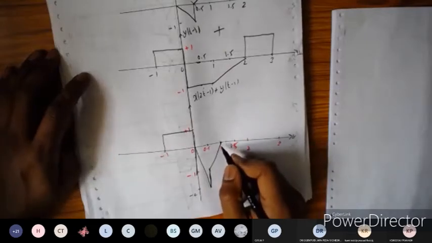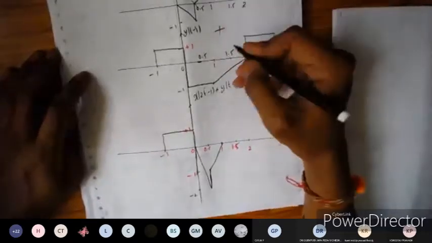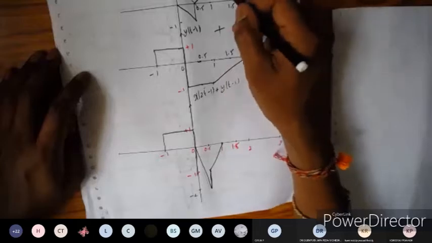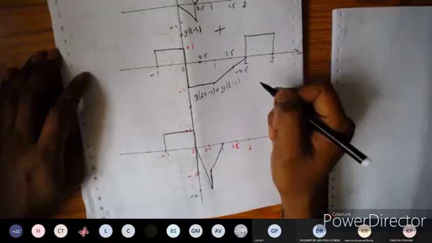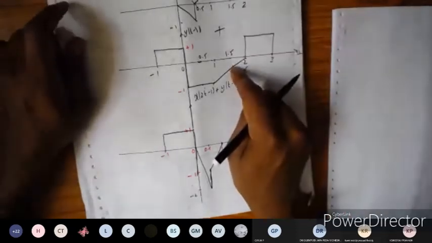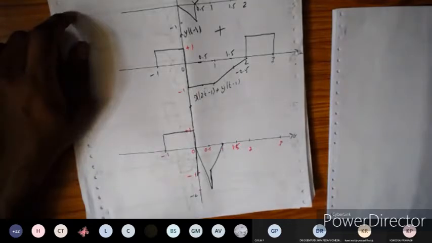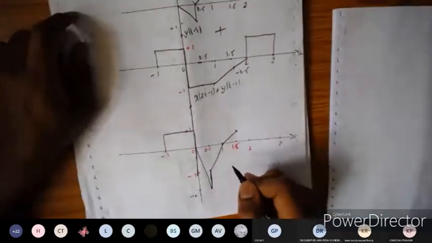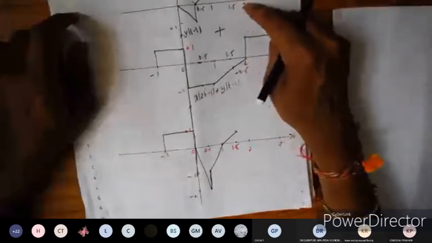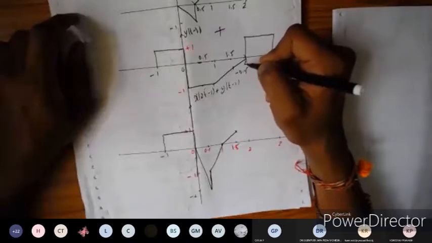So right. Next at t is equal to 1.5, it is 1. Okay, so this will become here. At t is equal to 1.5, it is 1, and at t is equal to 1.5, it is -0.5 here. So 1 minus 0.5 will be plus 0.5 here. So plus 0.5, let us mark it here and join it. Next, t is equal to 2, less than 2, it is 0, and this is 0 here.